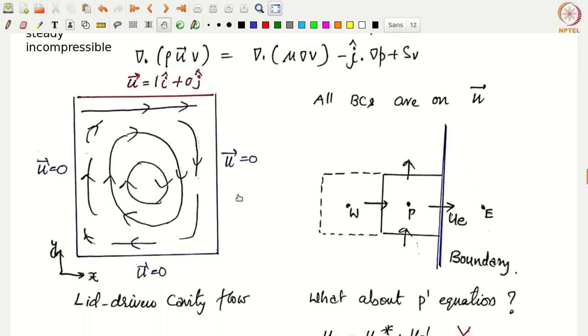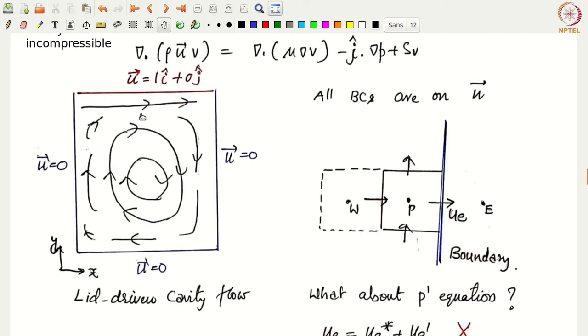Okay, so let us take an example here. On the left hand side you see a cavity. Let's call this a square cavity. In the literature this is known as lid driven cavity flow. Essentially, let's say we have a box like this, on which the top of this box, you could think of this as a belt or something that continuously moves in the positive x direction.